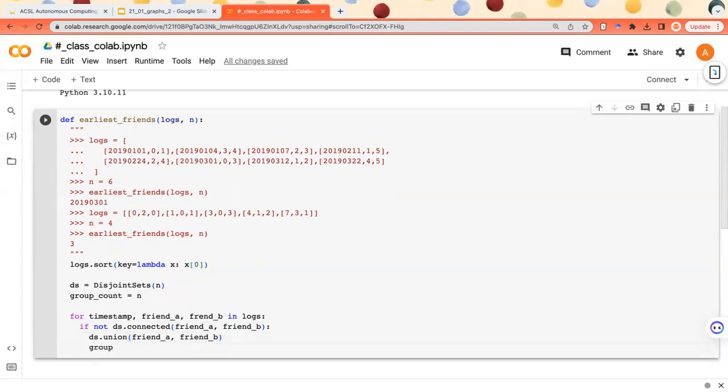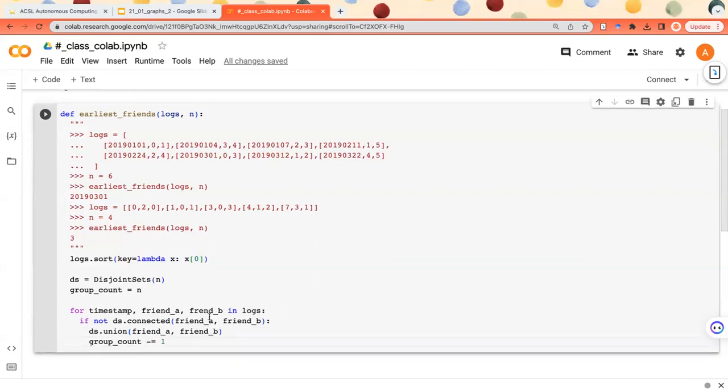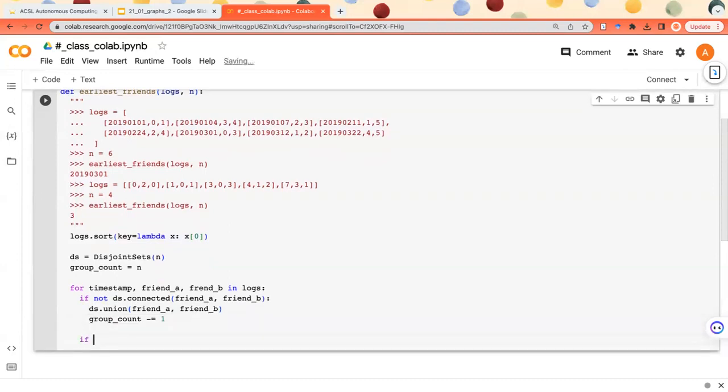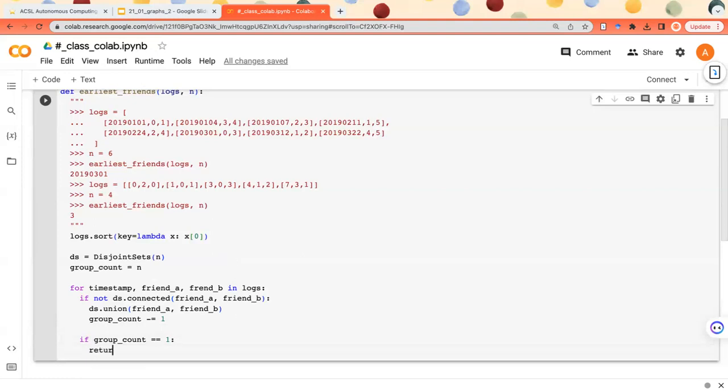And then we're going to decrease the group count. And after we did this, if the group count becomes 1, that means we have just 1 group of people, meaning that all the people inside these logs are connected in some way. Then we just need to return the timestamp, because this is the earliest time when all the people get to